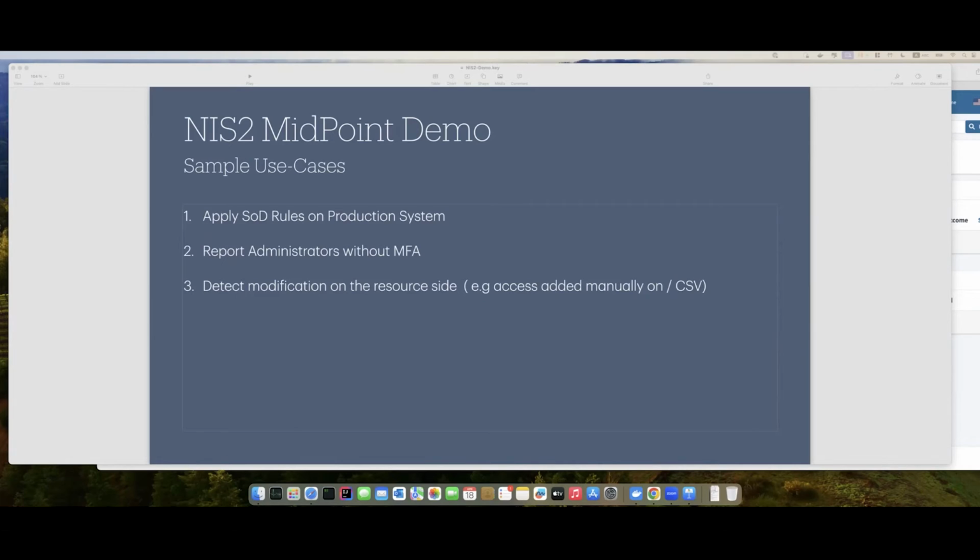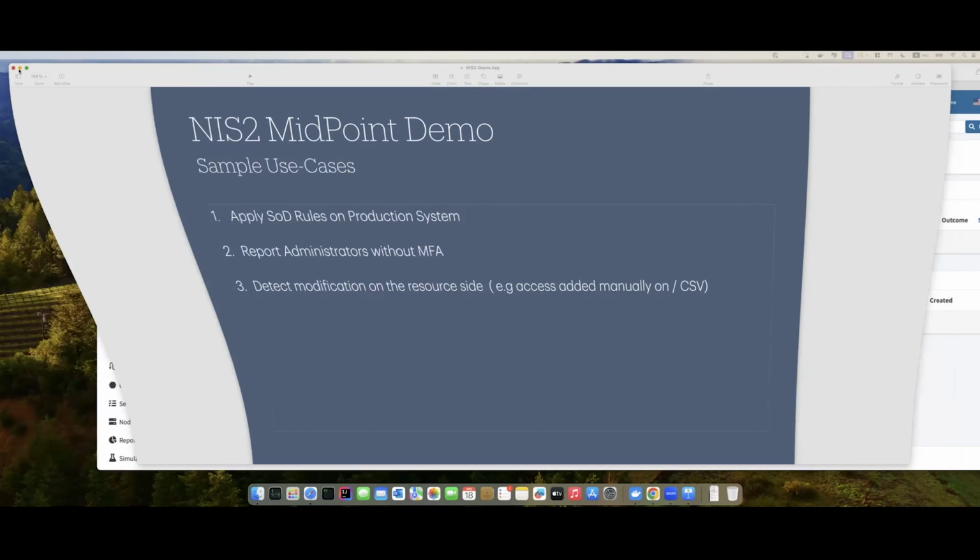And the last one is a detection of the modification of access on the resource side. If somebody manually adds access to specific resources in the system, it will be demonstrated on a CSV file. So that's what I have for you, and let's do it.